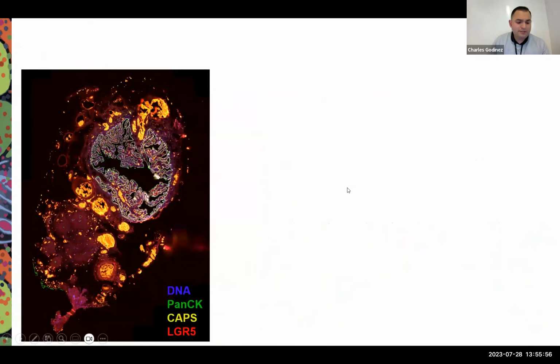Okay, so now this is our high-resolution scan from the GeoMx instrument. As you can see, it's a cross-section of the fallopian tube, and this is from the ampulla region. For this study, we're really only interested in the epithelial mucosa, which is in this region here. The empty space is referred to as the lumen, and this is where the egg and sperm travel through. Now, if I zoom in further,